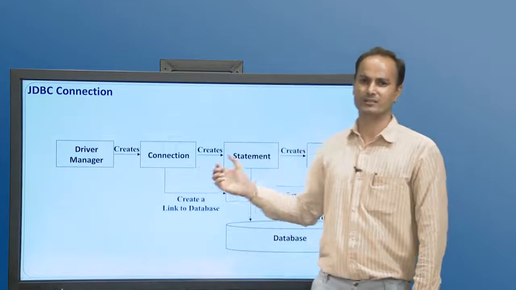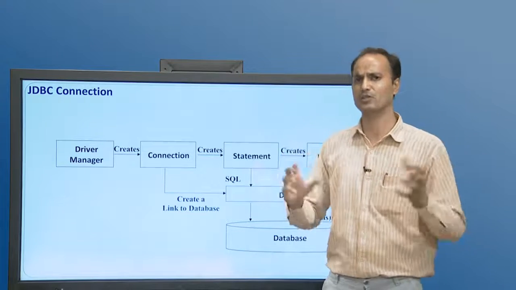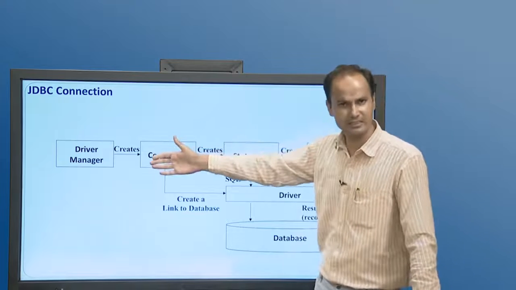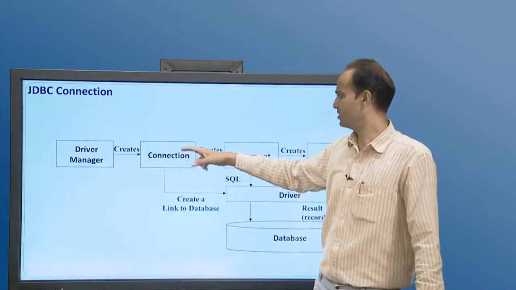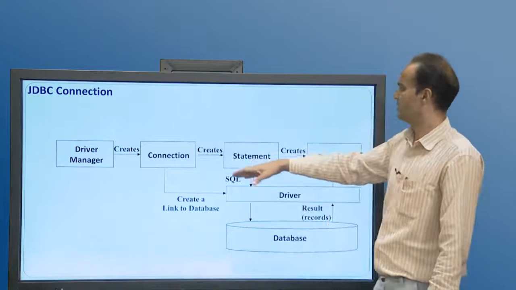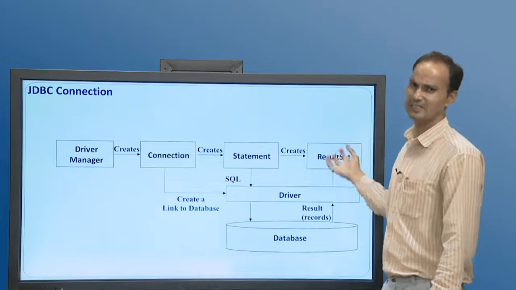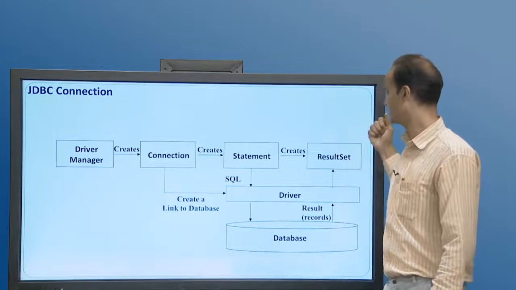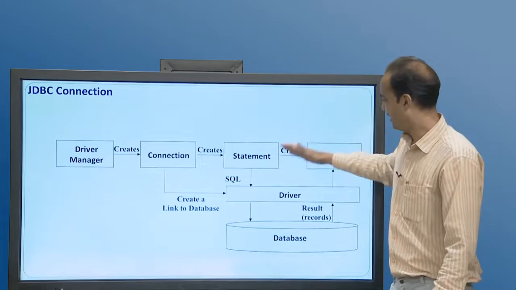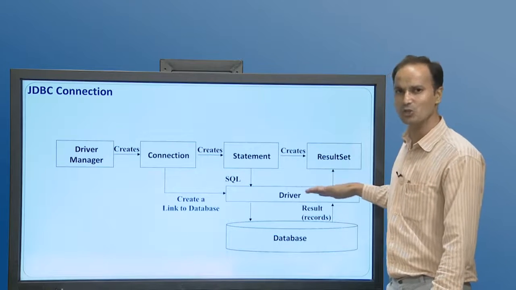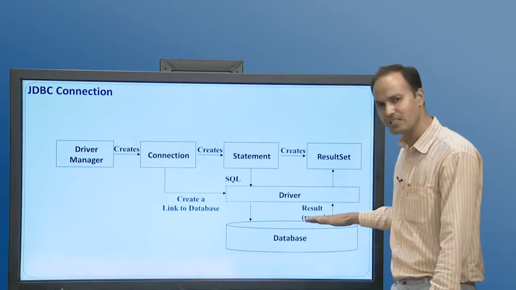Now how does it work once we have a program using JDBC? Let us visualize it through a diagram. There would be a driver manager. The driver manager allows us to load the driver and establish the connection. Once the connection is established, we can create statements. Using these statements, we can fire queries to the database and get the result back in terms of a result set. This is from the Java program side. Under that, the JDBC API is used, and it helps us establish the connections with the database.